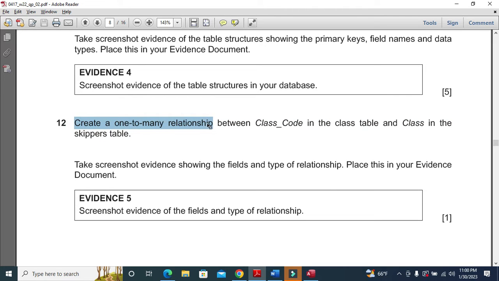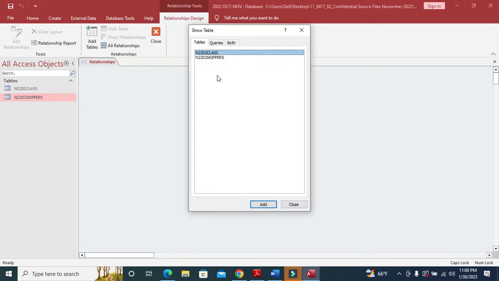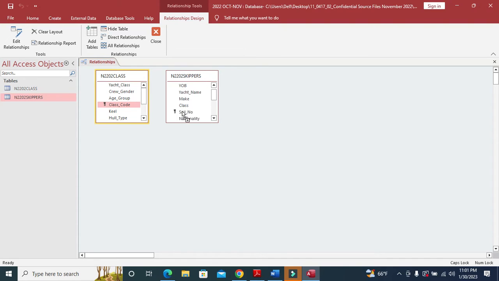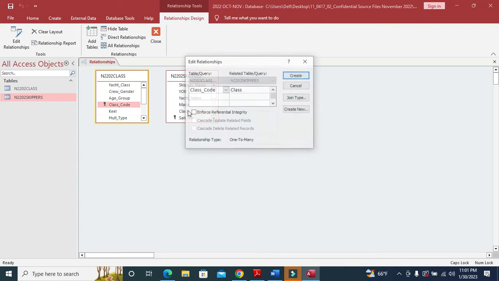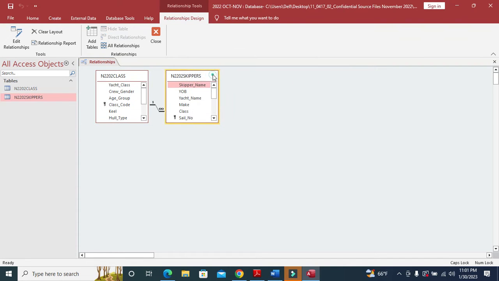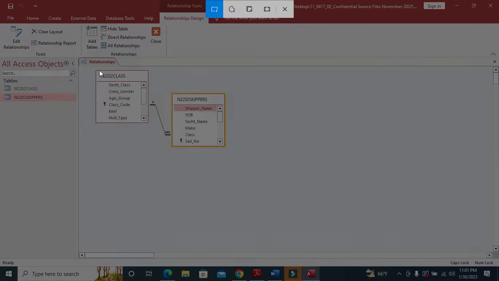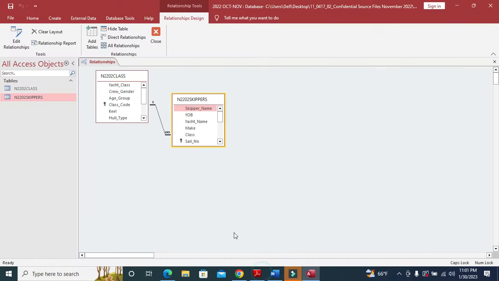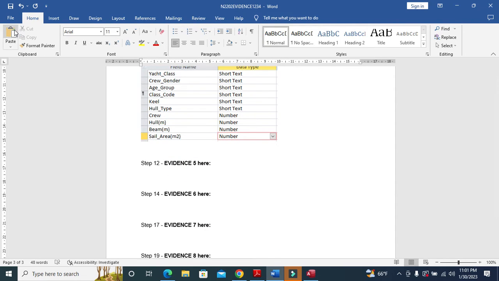a one-to-many relationship now. So database tools, relationship, select both the tables, add them, and now create a relationship between class code in the class table and class in the skippers table. So class code with class, as you can see, it is here, class. Okay, yeah. So class code with the class. Let's click on enforce referential integrity, so it will show the type of relationship. Now you just simply take the screenshot of it and paste it as screenshot 5, evidence 5. So that's the evidence of your